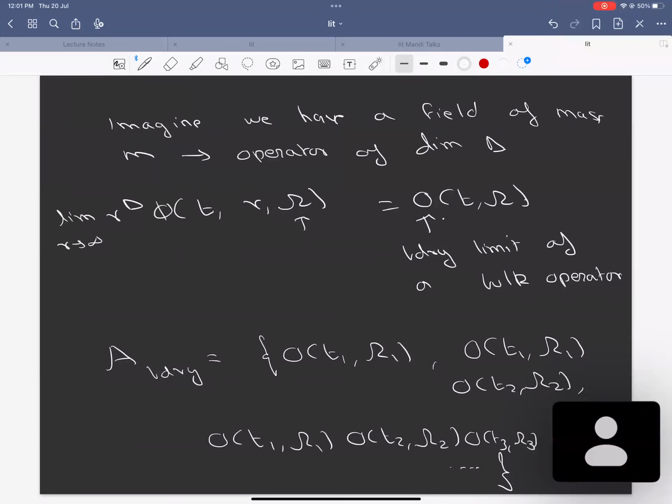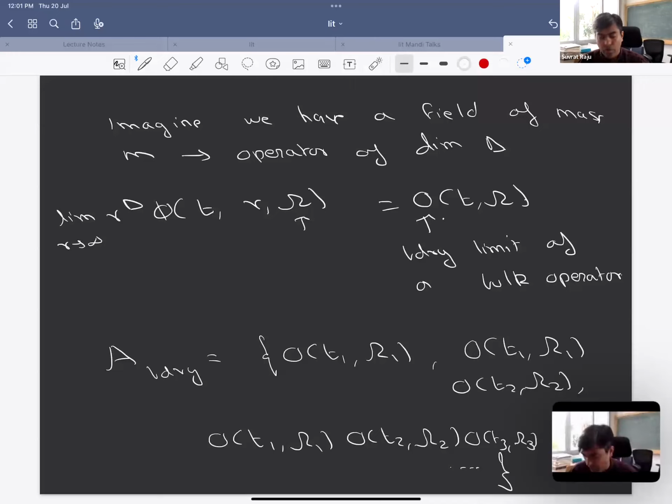Isn't this boundary value a source of the operator rather than the operator itself? This boundary value is not the source of an operator. This is the normalizable mode of the field. Notice what's happening here. Let's say you had a field which was massless, then this delta would be D, and this is picking up the subleading term in the field. The source that you're talking about would be when you change the boundary conditions and turn on a source. That corresponds to a non-normalizable mode. There's no source here.